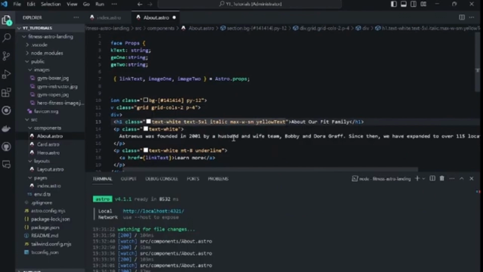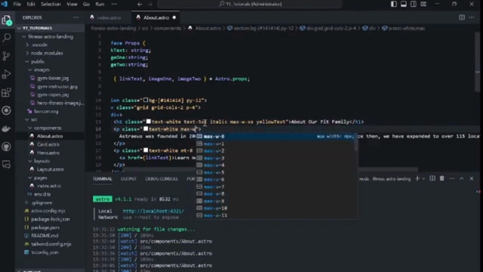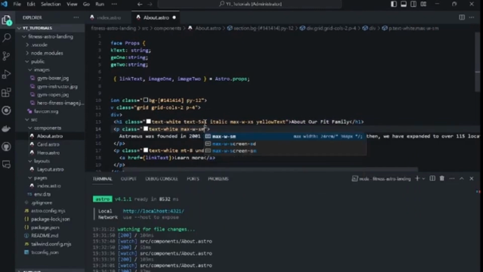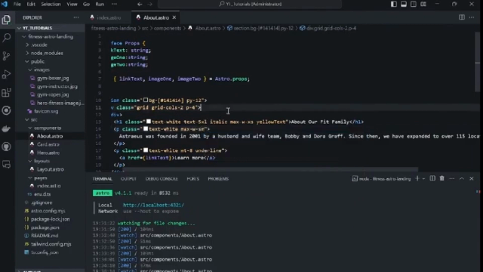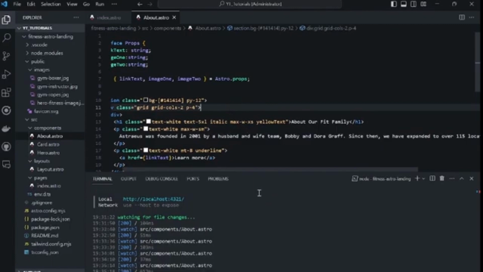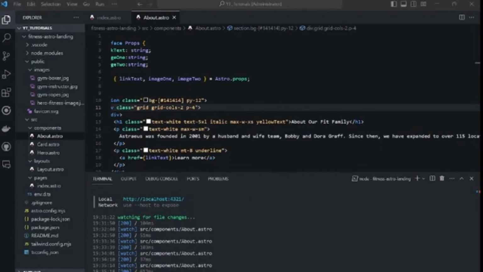And we will also change the small to extra small, and we'll also do the same with the paragraph. We'll do the max width of small, and we'll save that, and we will go back to our